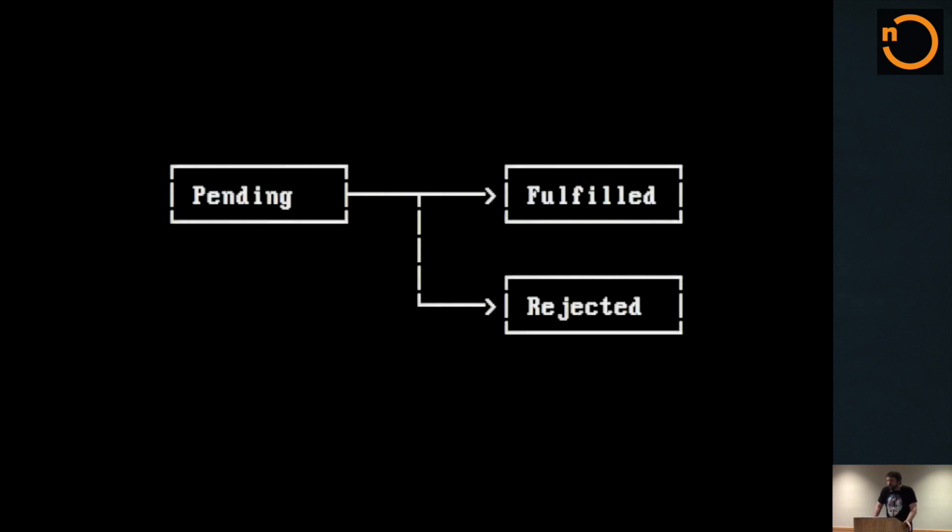The most important thing about promises is that they're basically little state machines. You've got 3 states they can be in: pending, fulfilled, and rejected. They can only be in one of these states at a given time. And they can only go from pending to fulfilled or pending to rejected, and not from fulfilled to rejected or the other way around. So basically, once it's hit a fulfilled or rejected state, it's done. That's the end of the state machine.